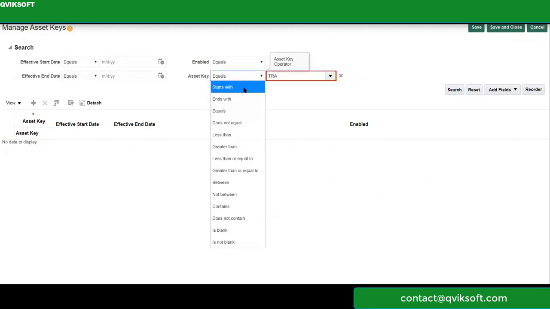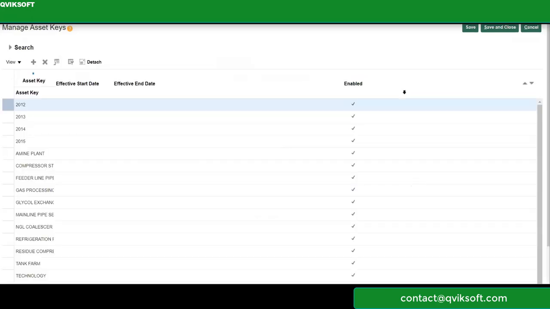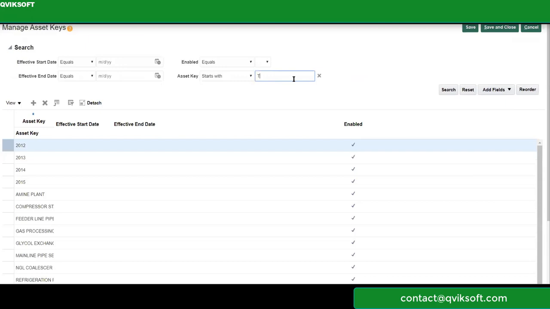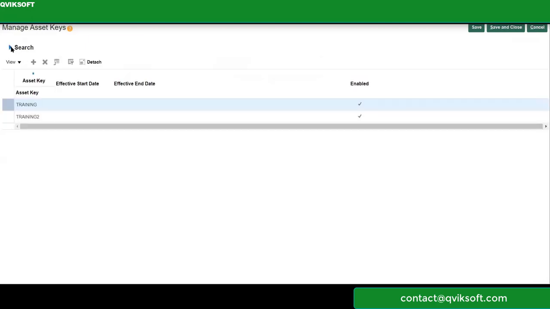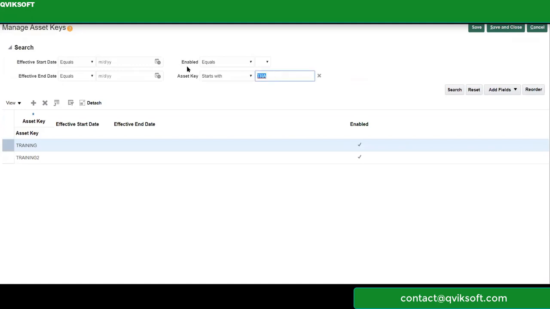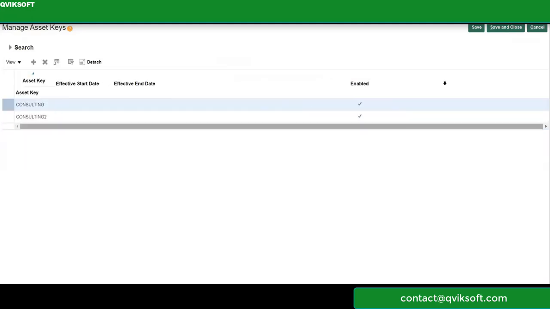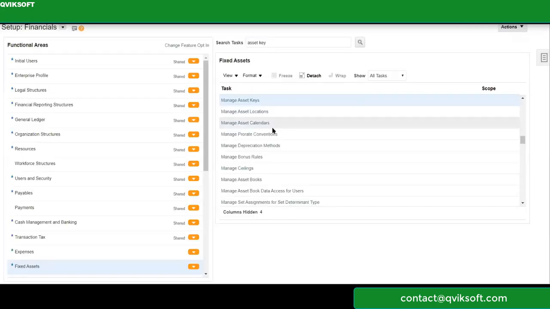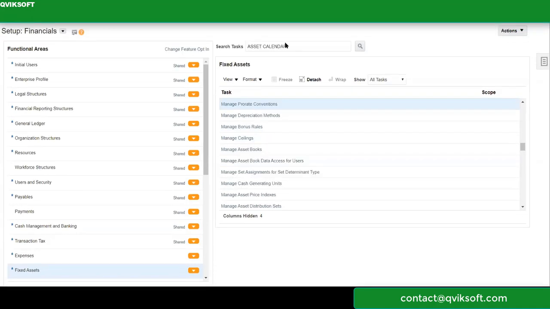Okay, I have to say starts with. Okay, too many because I left it empty. Start with training. Training 2 is there. The second one was consulting. Consulting 2 is there. So my asset keys are there. My asset books are there. My asset locations are already created. So all our setups have been correctly created, except